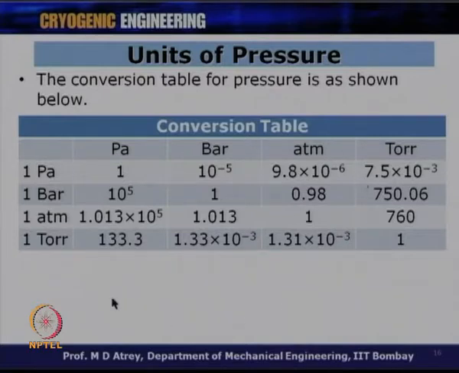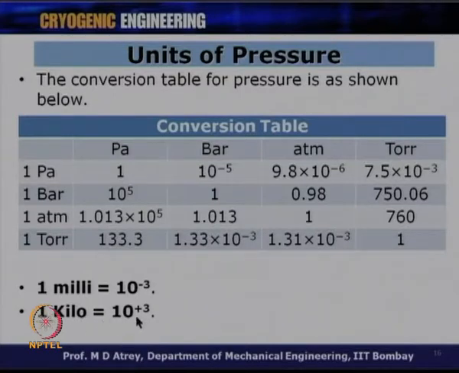So, if I were to convert different units of vacuum or pressure into other units, this is a conversion table for your usage. Similarly, we know that 1 milli is 10^-3 and 1 kilo is 10^3, so sometimes kilopascal could be written here. I can say 1.33 kilopascal is equal to 1 torr also, because sometimes you can understand it like this as well.